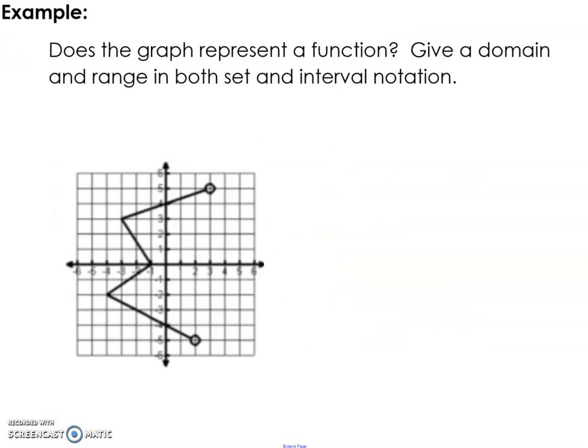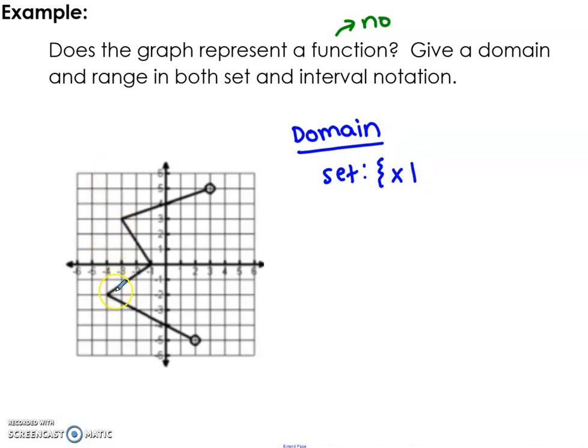Okay, and the last example here, if I were to use the vertical line test and draw through here, I can see this fails the vertical line test because it crosses more than once. So is it a function? No, it's not. Just erase that. And then again, let's look for our domain and our range. So domain, again, our x values. So let's do this in set builder notation. So we're going to say it is x such that,